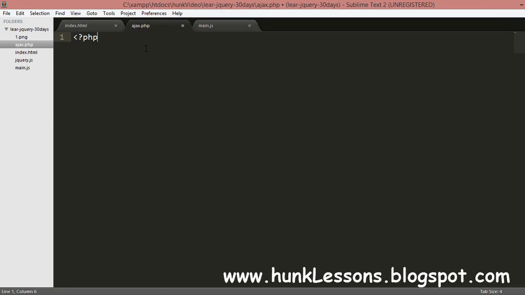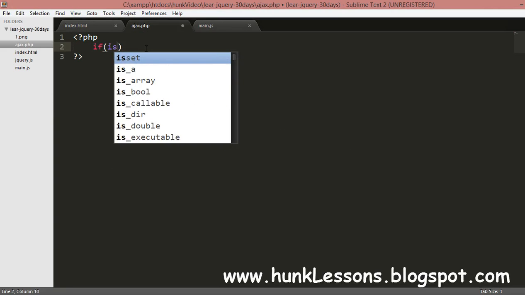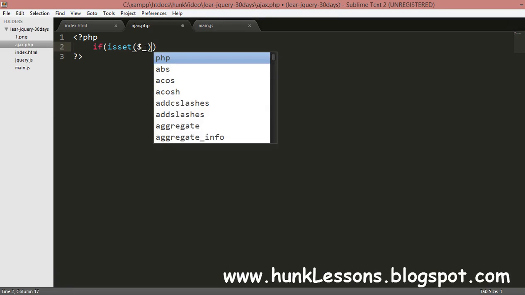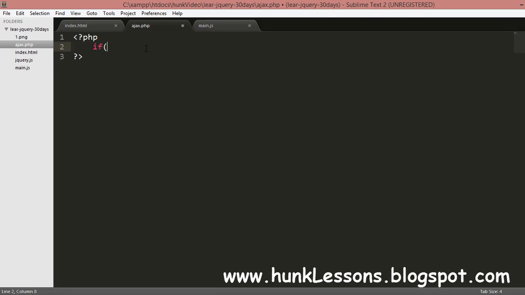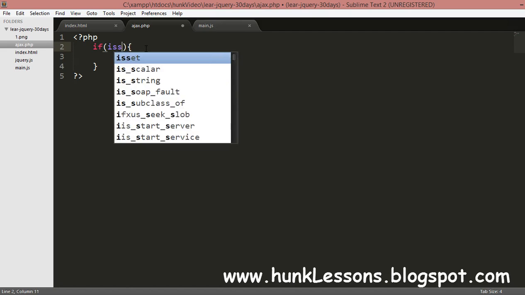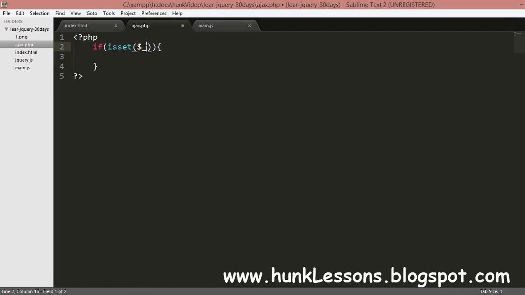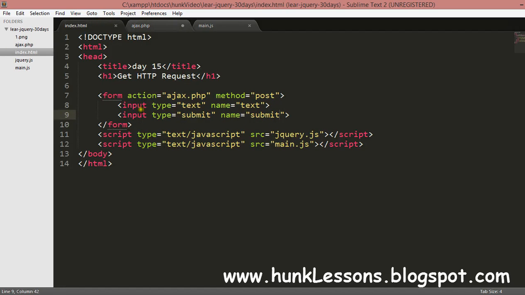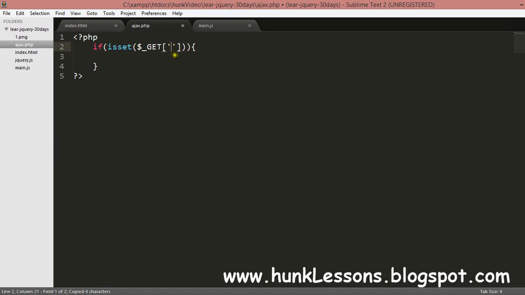We will open the PHP tags. We write if, open the block, isset $_GET, and the name is text.